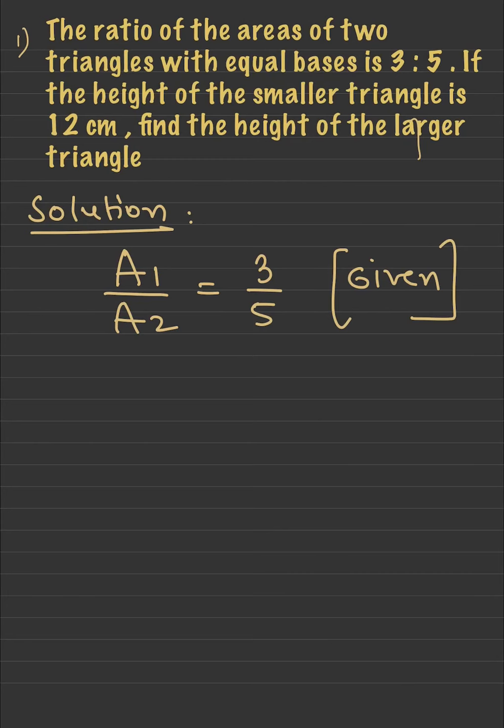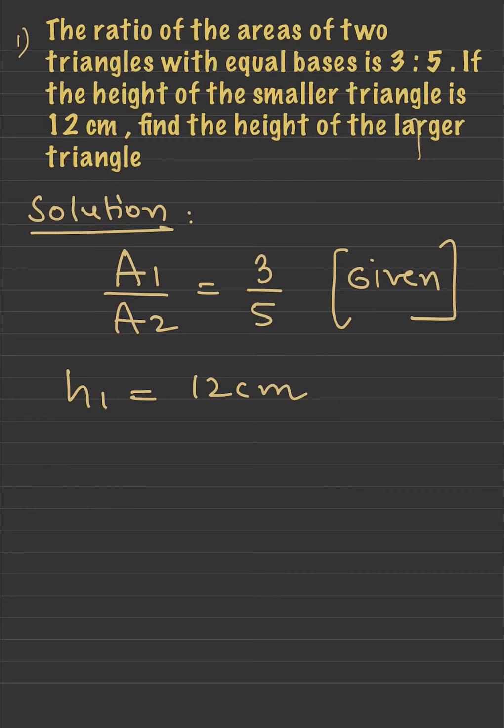Okay. So we go back to the ratio. In the ratio, a1 is equal to 3, right? And a2's corresponding value is 5. So which is smaller? 3 is smaller, right? That means the first triangle is the smaller triangle. Clear? The first triangle is the smaller triangle. So that has to be analyzed first. We cannot take anything as h1 and h2. You got to check and find which one is the smaller triangle. So 3 is smaller than 5, so I have to take a1 as the smaller triangle. So therefore smaller triangle is the first triangle. So I'll take h1 is equals to 12 centimeters, right? And you got to find the value of h2.